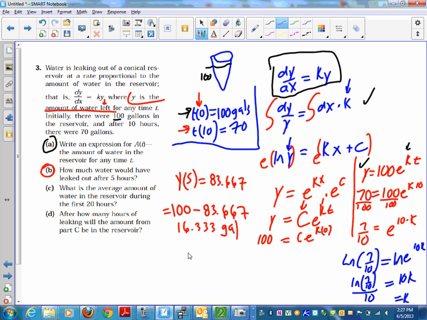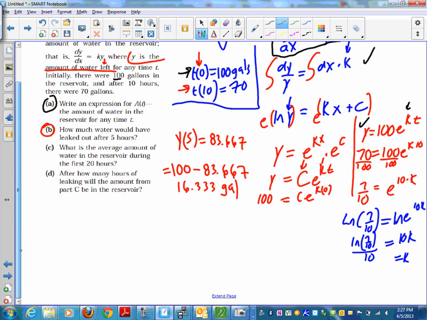It says, so what is the average value during the first 20 hours? So during the first 20 hours, we have the fact that